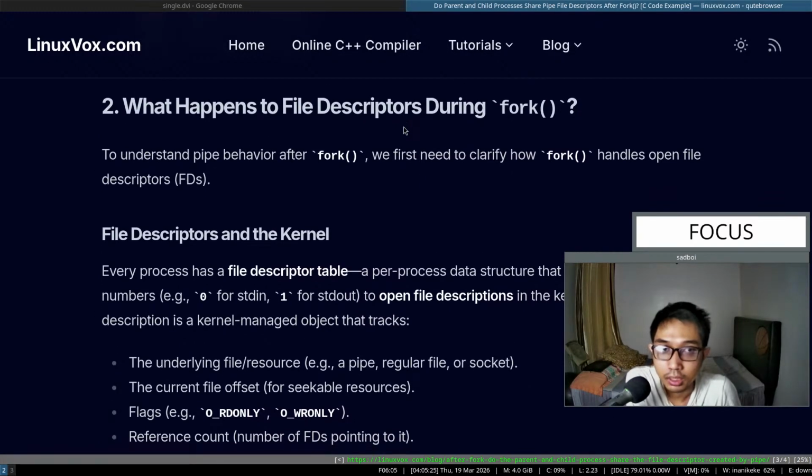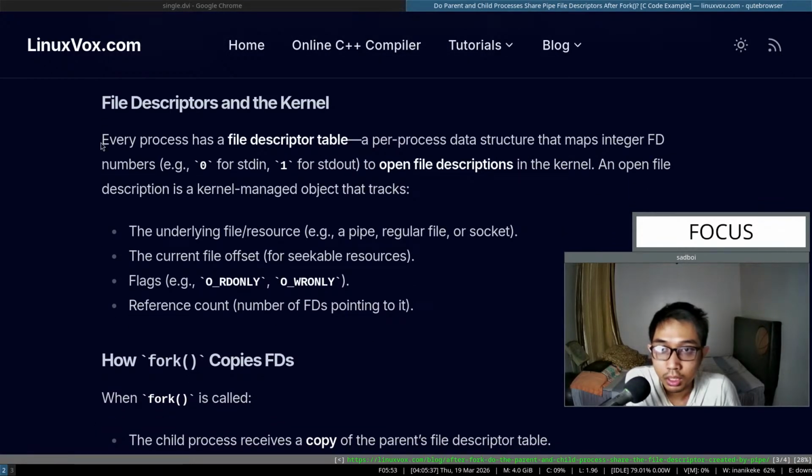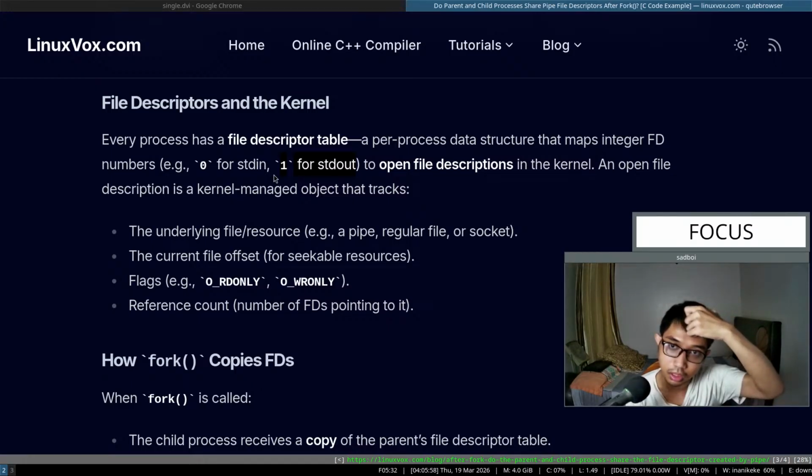What happens to file descriptors during fork? Okay, to understand the behavior after fork, we first need to clarify how fork handles open file descriptors. Every process has a file descriptor table, a per-process data structure that maps integer file descriptor numbers, 0 for stdin, 1 for stdout, to open file descriptions in the kernel. An open file description is a kernel-managed object that tracks